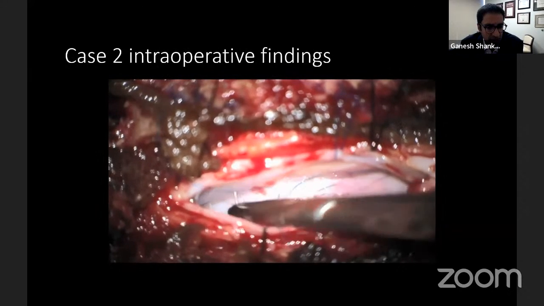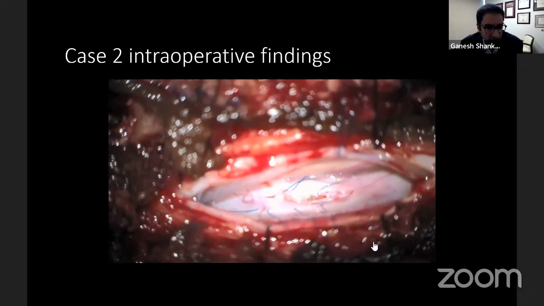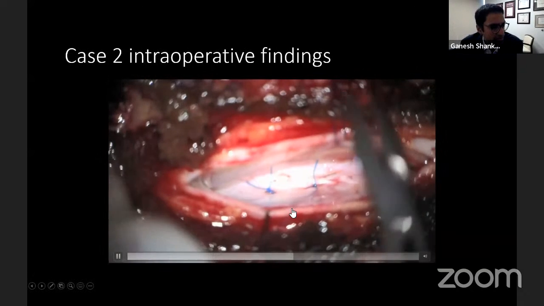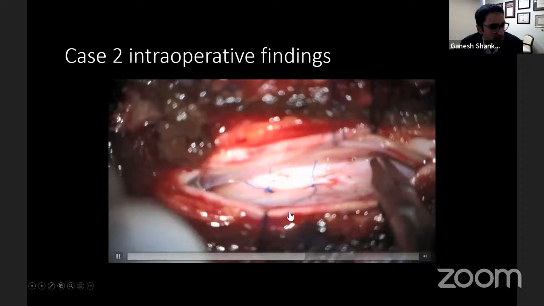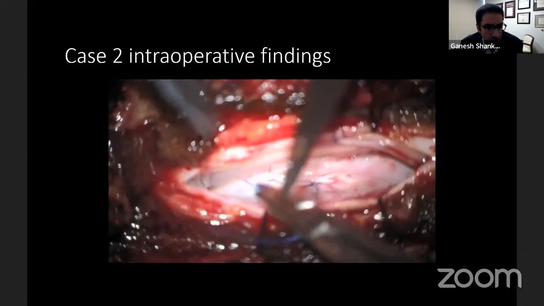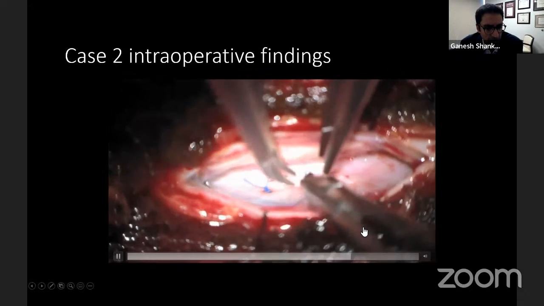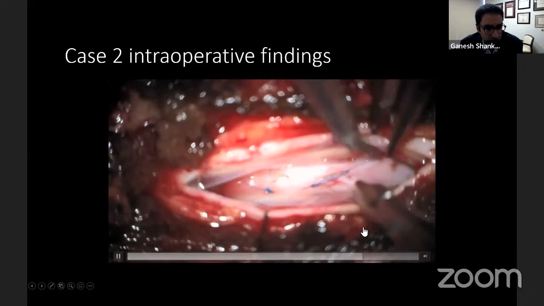To repair the leak, I use a 6-0 Prolene. I put a pair of these in a horizontal mattress fashion with a BV-1 needle that allows me to curve the needle away from the cord. So I'm never suturing towards the cord, but away from the cord. Repair the dura, the dural breach with